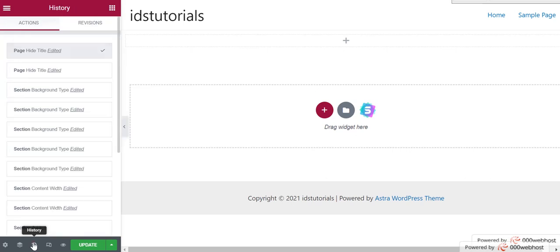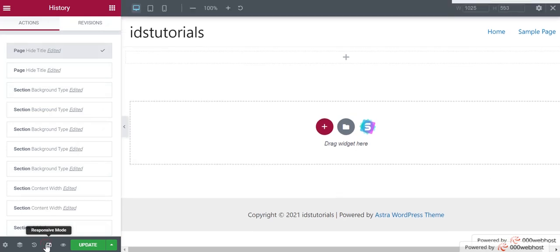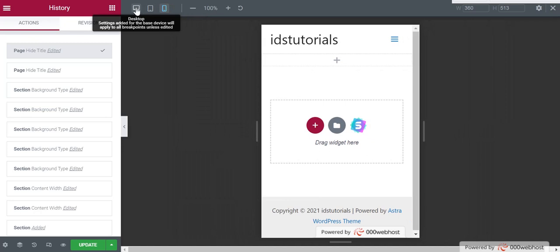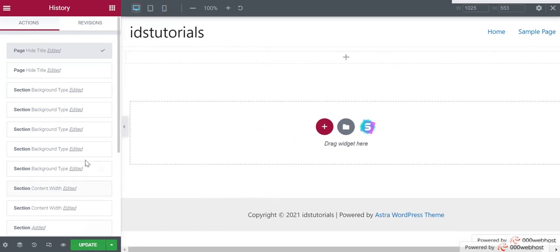After that if you want the history of your edited sections, you can have it from here. And then responsive mode, you can check the responsiveness of your website from this section. And after that here are the preview changes. If you click on this, it will show the preview in a new tab.